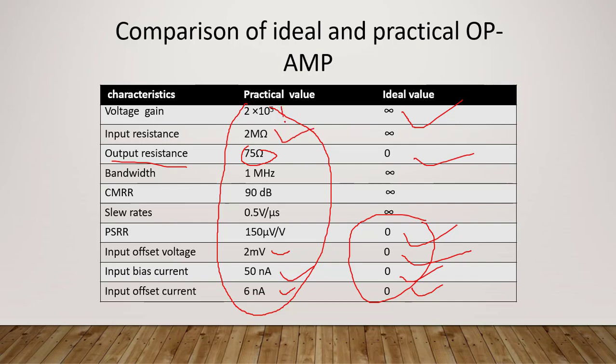And voltage gain, this is the open loop gain, it is 2 into 10 to the power of 5, and bandwidth maximum 1 megahertz. That means if the frequency lies below 1 megahertz, the op amp will operate. Above 1 megahertz, the op amp will not operate. Okay, CMRR we take in decibels, so it is 90 dB. Slew rate means every 0.5 volt needs 1 microsecond to change. Okay, this is called microsecond variation. And PSRR, this is volt per volt. Why is PSRR V by V? Because it is offset voltage to power supply ratio, so it is V by V. I hope you are getting the characteristics of the op amp.